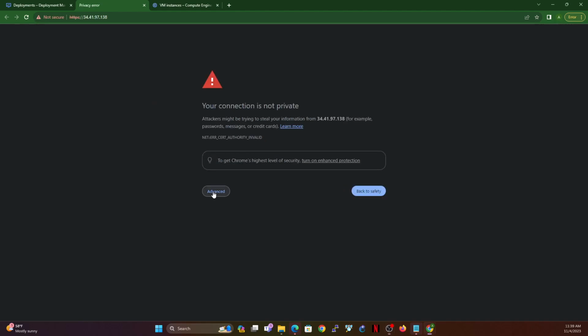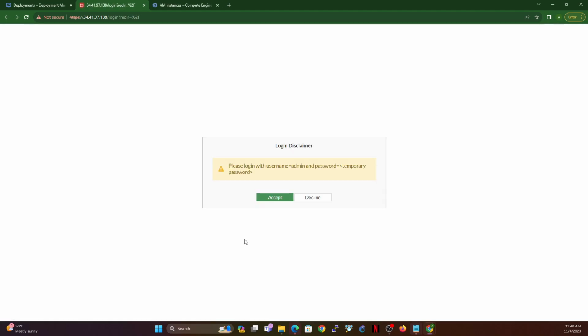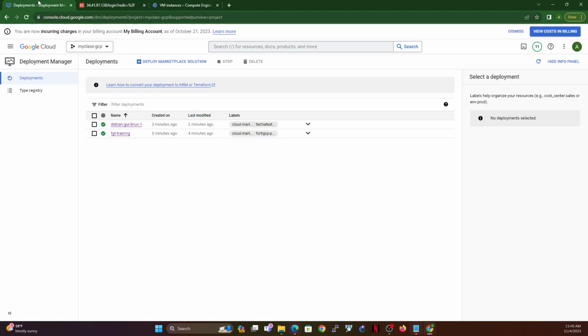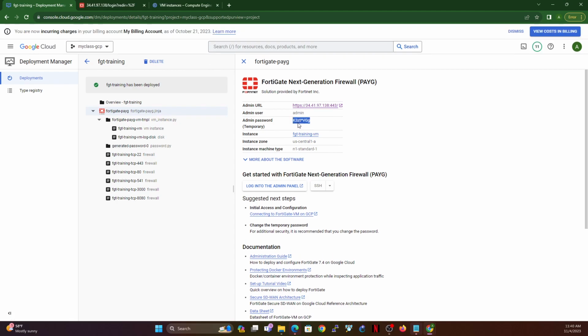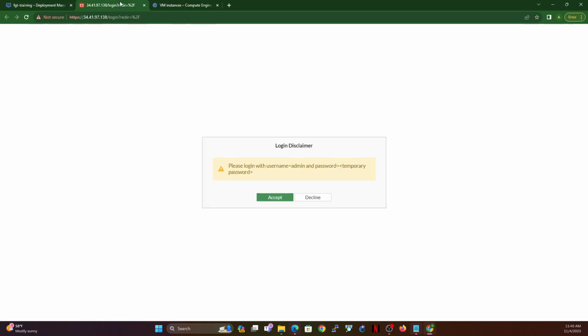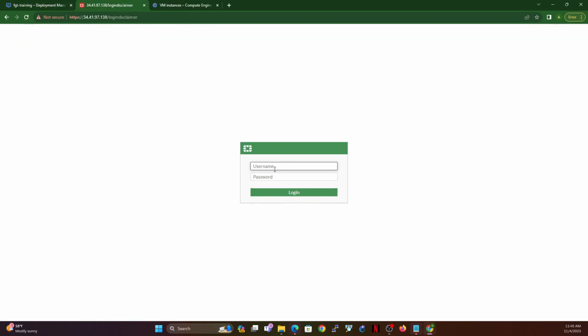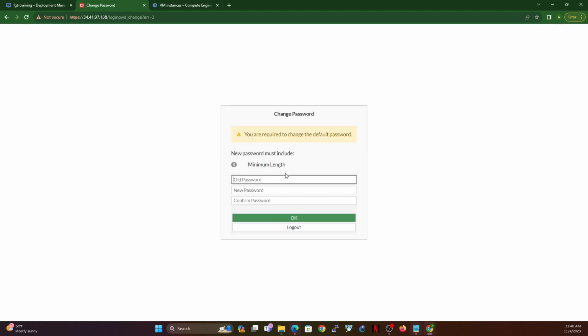So once it's 5 minutes, you will basically see that open. Now you have the FortiGates, and then you can basically click on it and copy your temporary password, which you need. Your temporary username is admin, and your temporary password is this. So then click on that, type in your username, put in your temporary password, and then put in the temporary password as the old password, type in your new password,